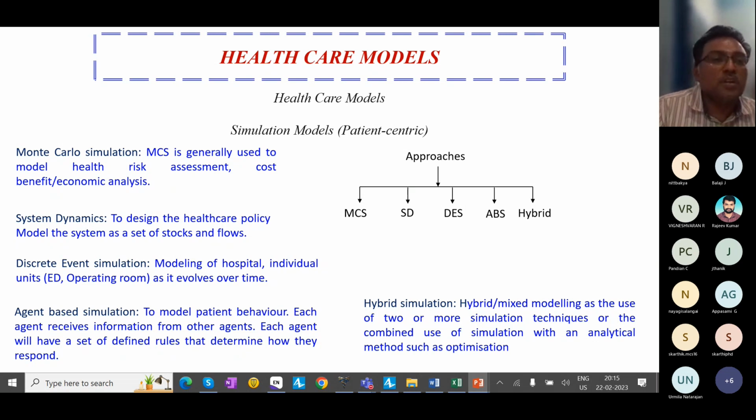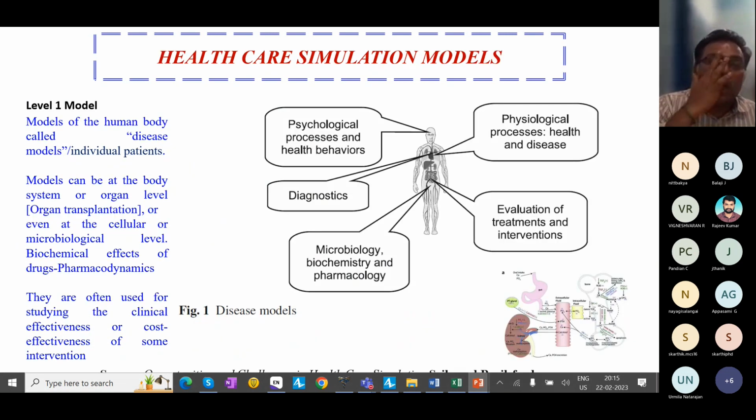So this is about category of simulation. And within that, there are 4 groups of simulation, and we have 3 levels. Level 1, where we are going to model the individual patients. But this is normally very limited and not much connected with our scope of workshop. So here we are going to model the human body, and this simulation is for individual patient.